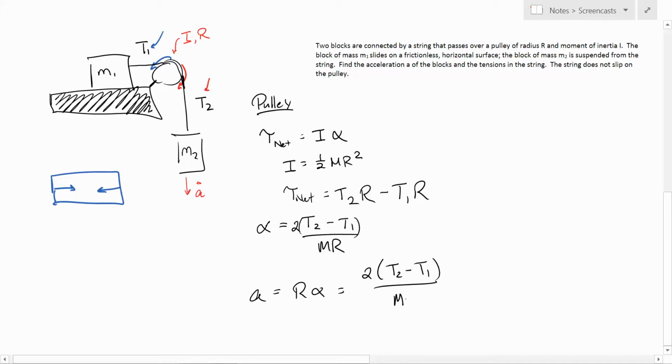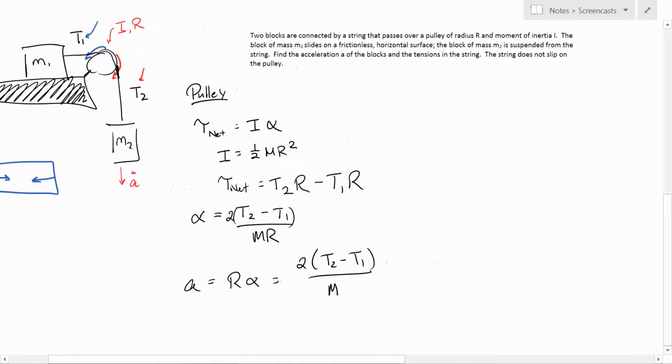Which you'll note is an acceleration because it's a force divided by a mass. Alright. So that would help if I didn't have to also find the tensions, because I don't have a clue what the tensions are. Well, now let's take a look again from a force problem. So if we want the tensions, and we have this acceleration, then we know information that we can look at from a force perspective. So we know M2